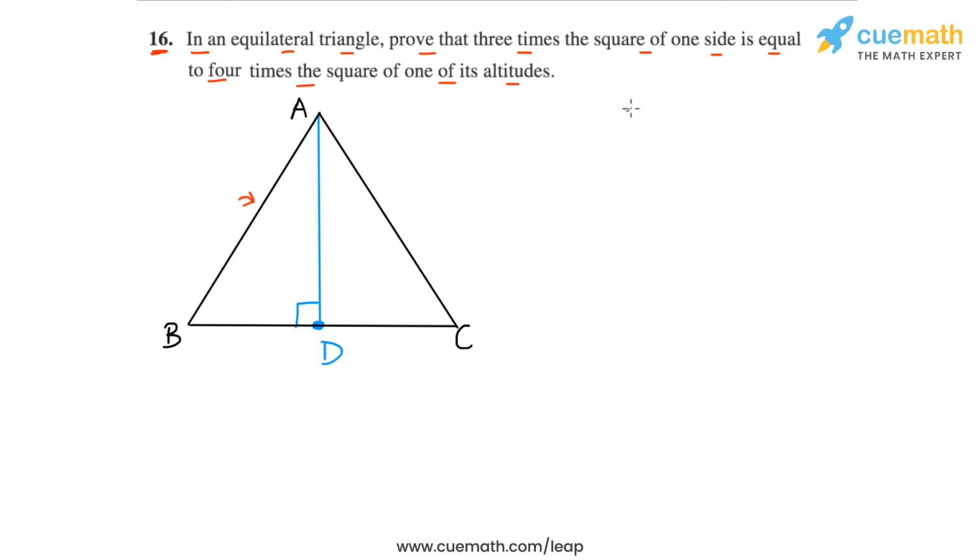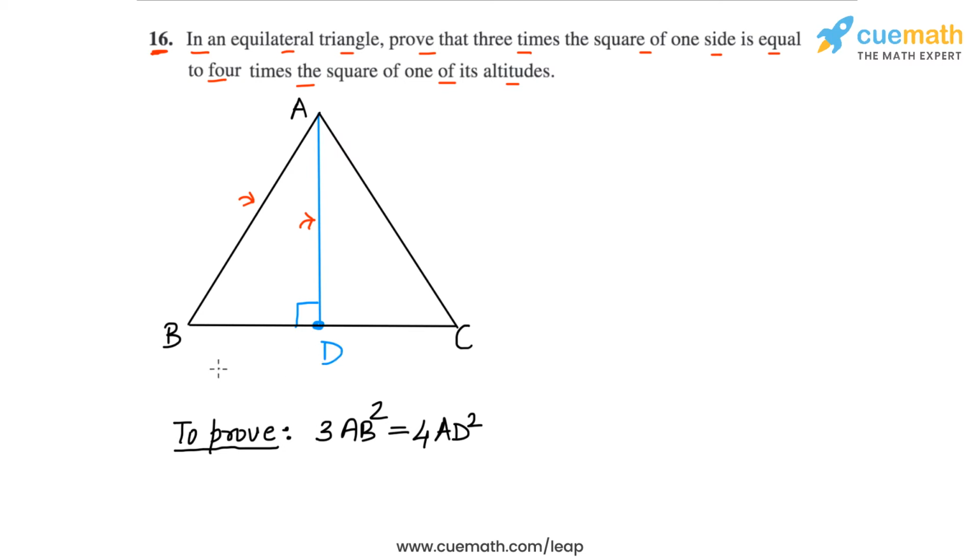We have to show that 3 times AB square is equal to 4 times the square of one of its altitudes. So let's take the altitude to be AD. So 4 times the square of the altitude would be 4AD square. So what we really have to prove is that 3 times AB square is equal to 4 times AD square. Okay, and because triangle ABC is an equilateral triangle, the altitude AD will bisect the side BC,